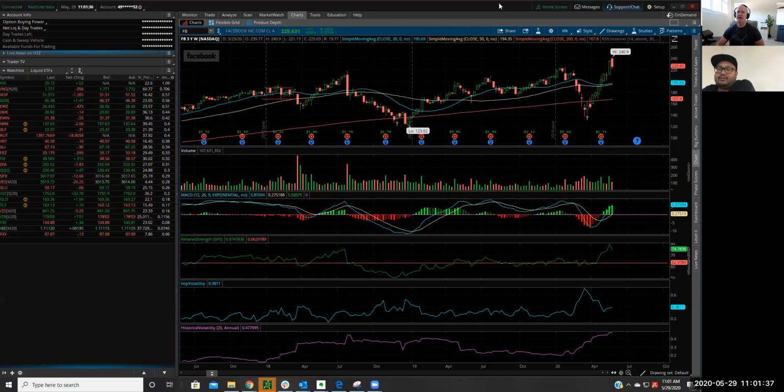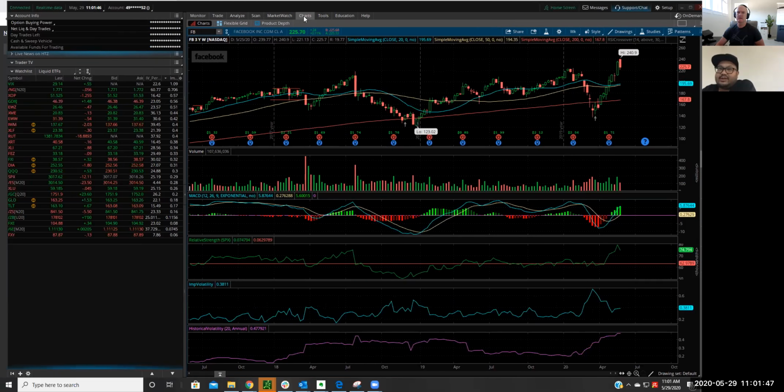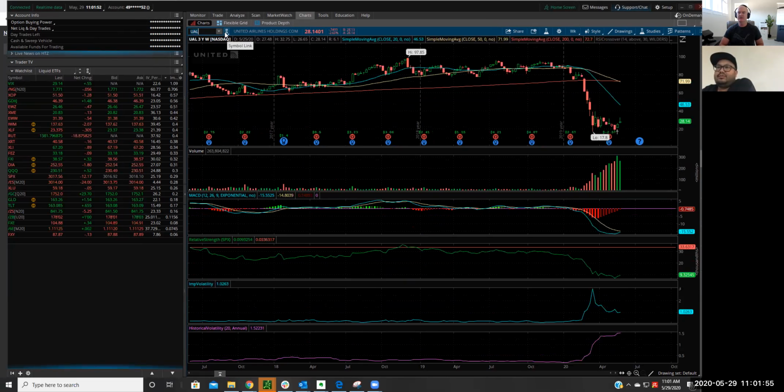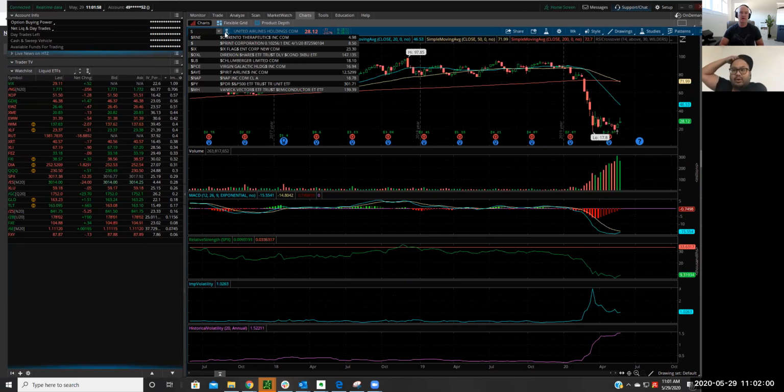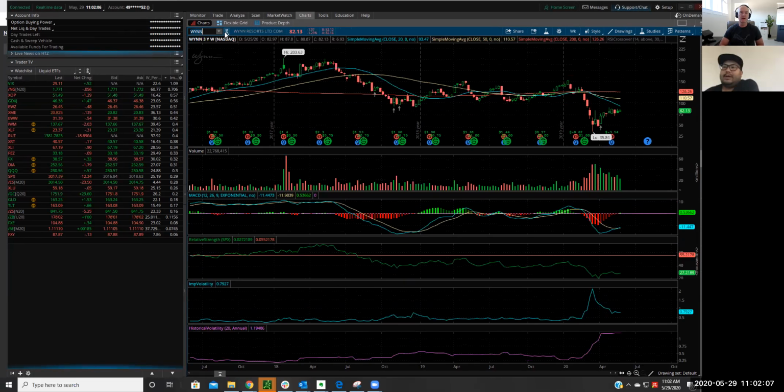Underlying meaning something that you're bullish or bearish on. Like bullish on airlines, bearish, obviously, but I don't know how much of all that stuff is already priced in. I'm sure. Yeah. Well, United Airlines is at $28.13. Or what about the casinos, like Spirit, Wynn, and Venetian? They're supposed to reopen in Vegas. Yeah. I don't know what's going on in Macau. So would you be bullish on them or bearish?